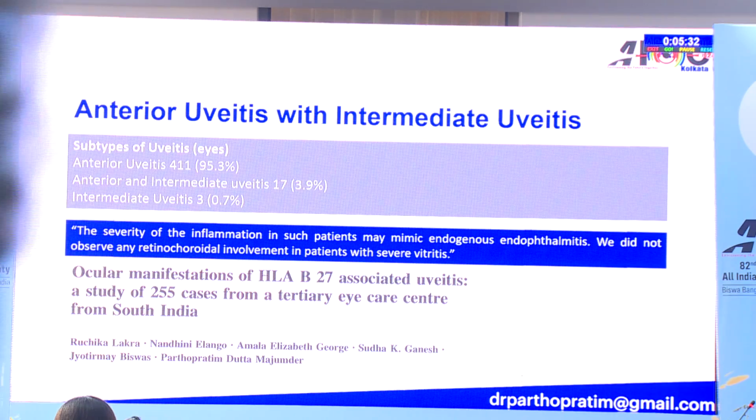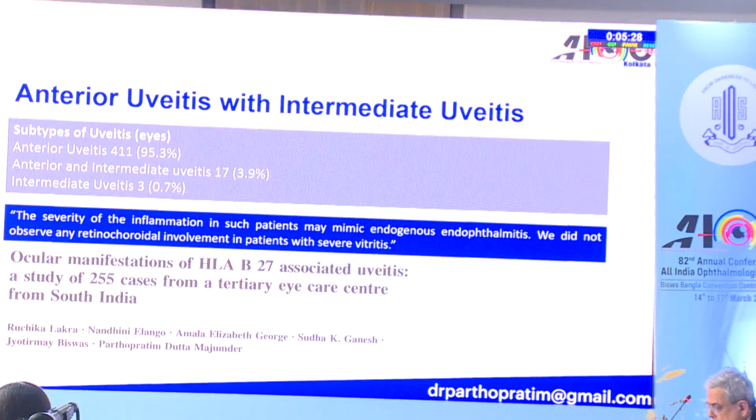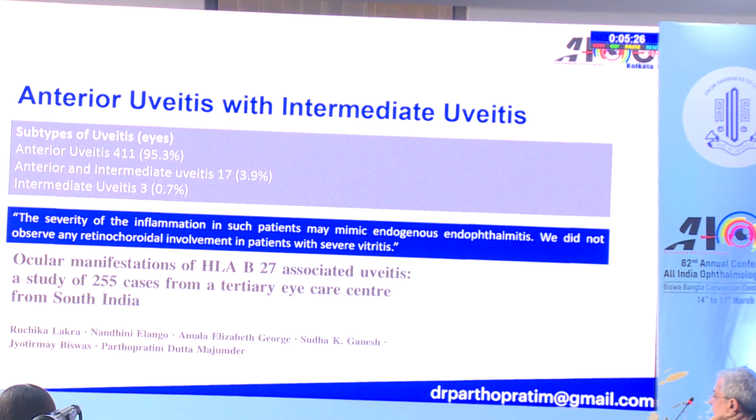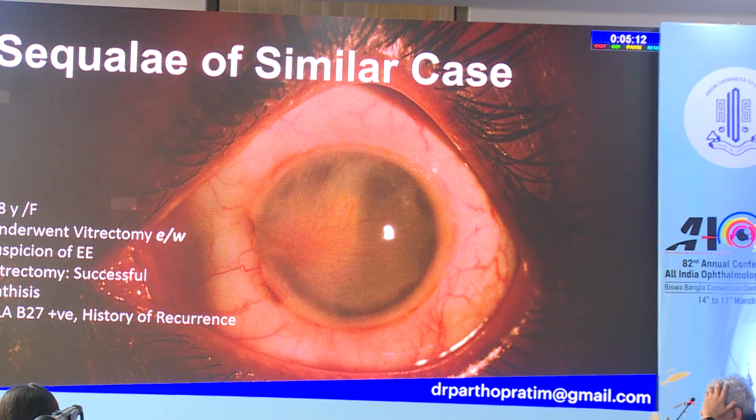So here we are dealing with anterior uveitis. We have analyzed 255 cases of HLA-B27 positive uveitis, and we realized there is a subset, almost 4%, which can present with anterior chamber inflammation and significant inflammation in the vitreous also. So you need to differentiate that, and you have to understand that, because if you do vitrectomy in such cases,